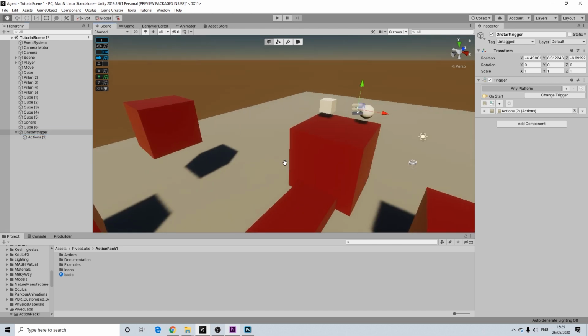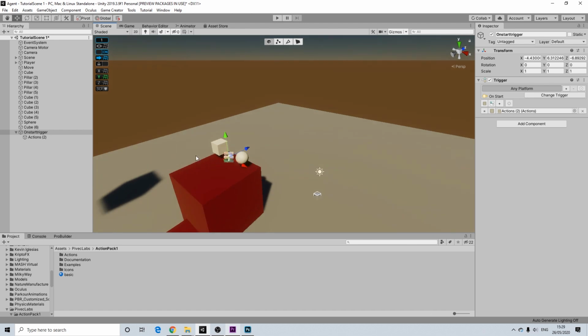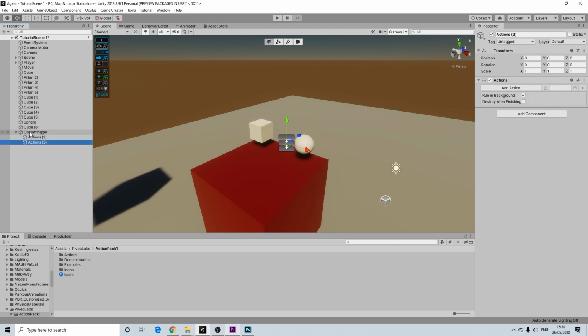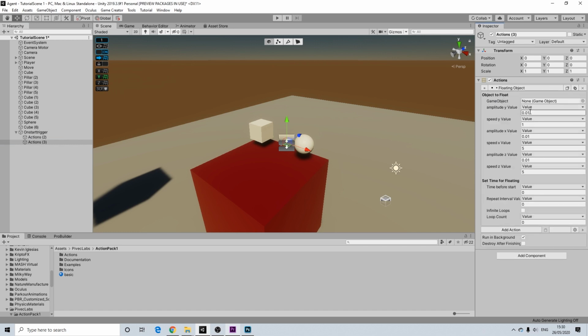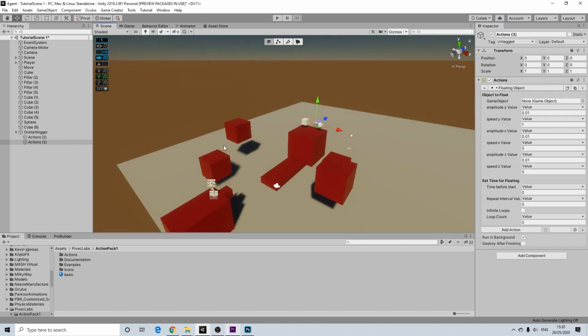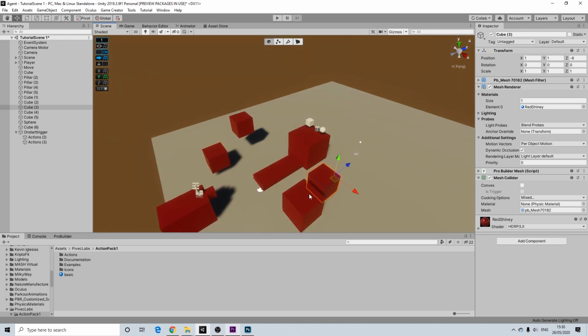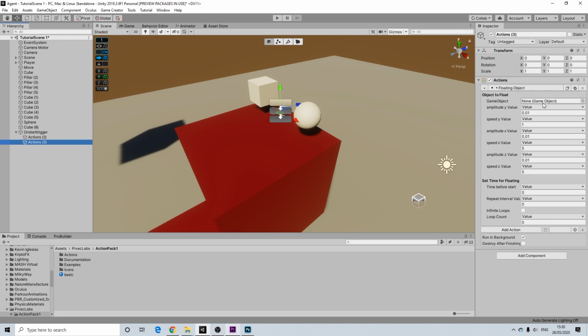So we'll have that. Now on start, we want these blocks to do something as well. So I'm going to use the float here. I'm going to add another set of actions, and we're going to add float an object. Now I can't remember which block this is, so that's 2 to 5 basically. I have so many blocks in here. So 2 to 5, so let's grab the first one. So let's grab 2,